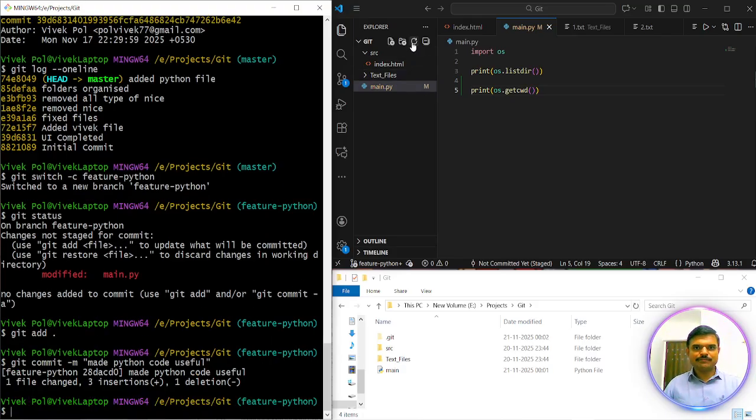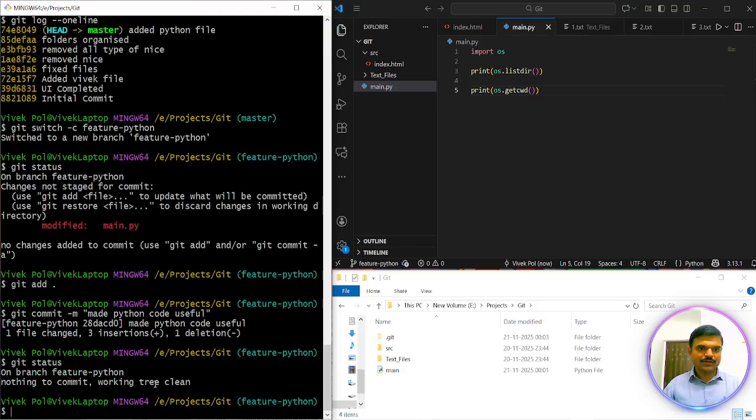Now this M, we will see any changes in this M. Okay, I will see git status. Okay, working tree is clean now. This M is removed now. Nothing to commit. Working tree is clean now. Okay. Now,